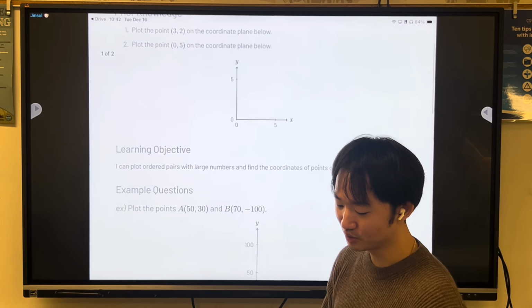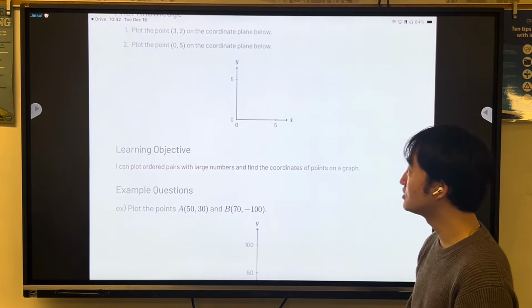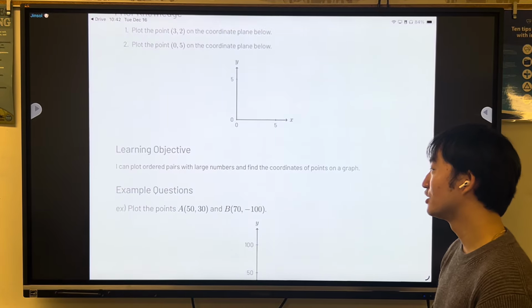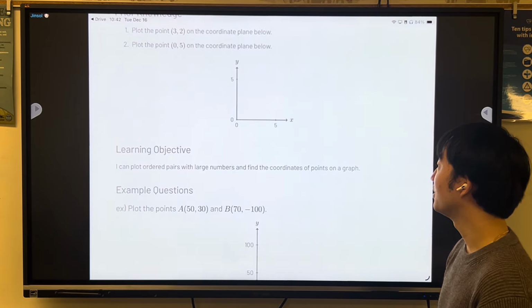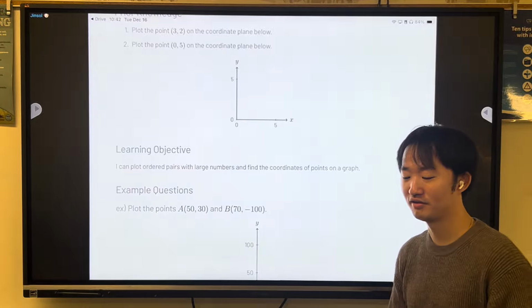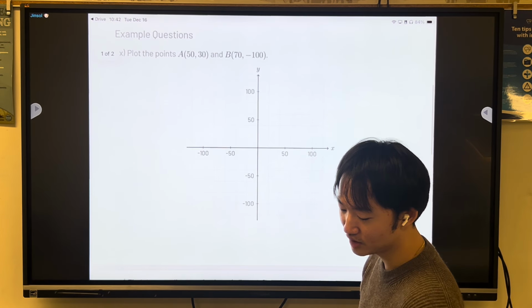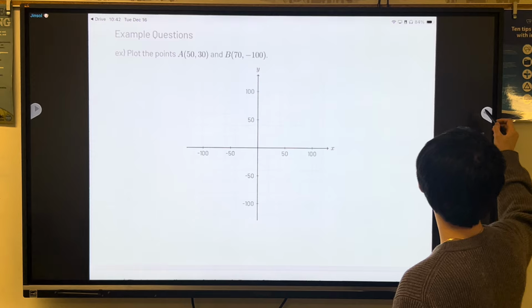Hopefully after this video, you'll be able to plot the ordered pairs with large numbers, including the negative numbers, and find the coordinates of the points on the graph. So let's try the example questions here. The first question,